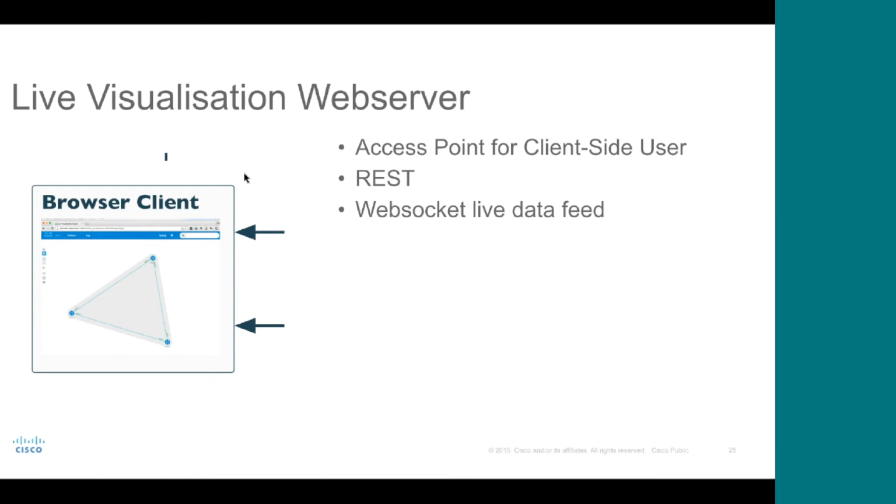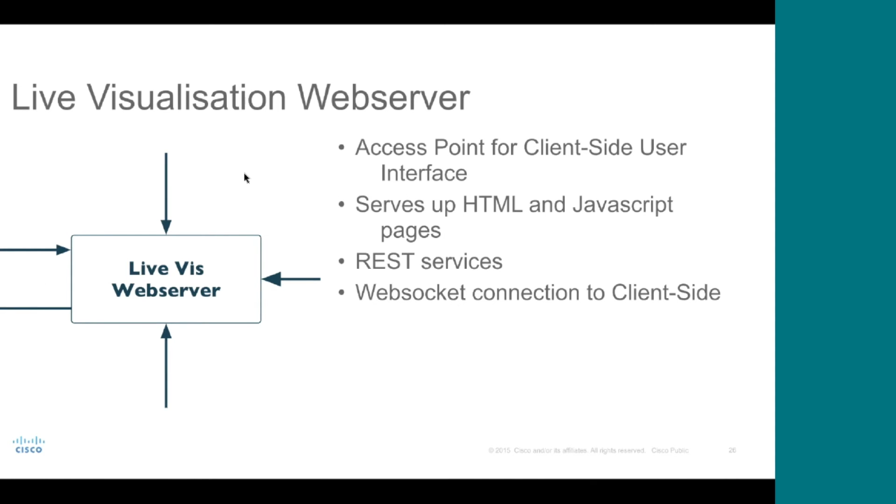The web server is really, as we can see from the diagram, got lots of things coming in and out. This is really the core piece that coordinates everything. So it's the bit that serves up the HTML and the JavaScript pages. This is a thing sitting on port 19402. It's the endpoint for the REST services, and then it's also got the WebSocket connection. So this is really acting as like the multiplexer/router piece for all of the data that goes through.